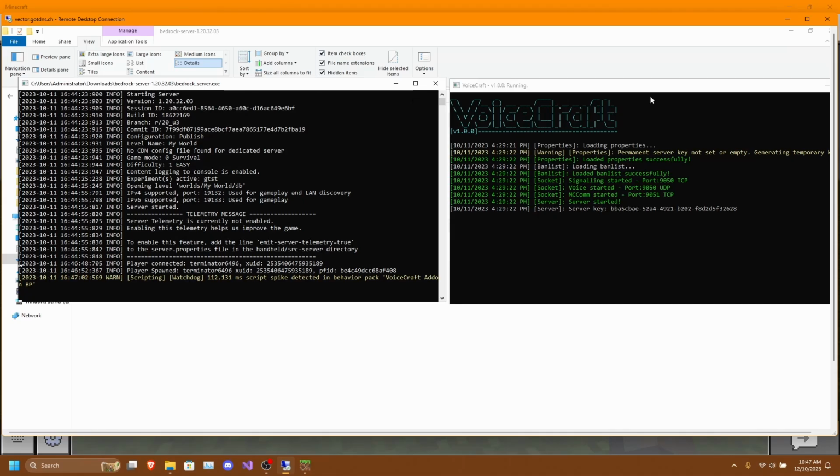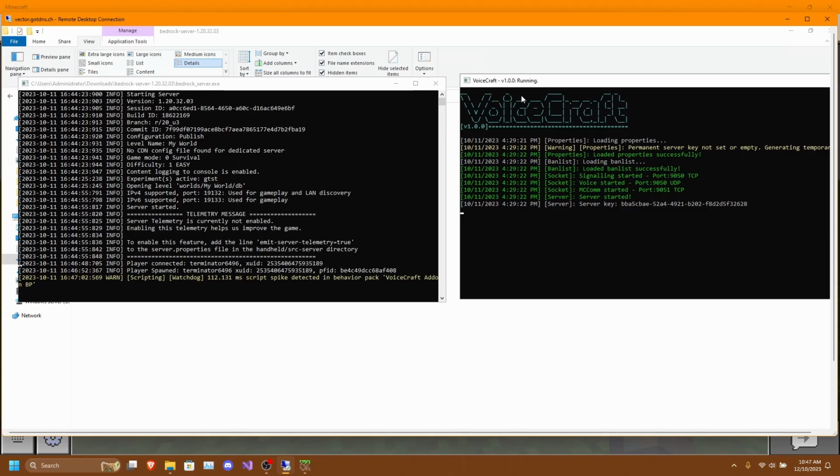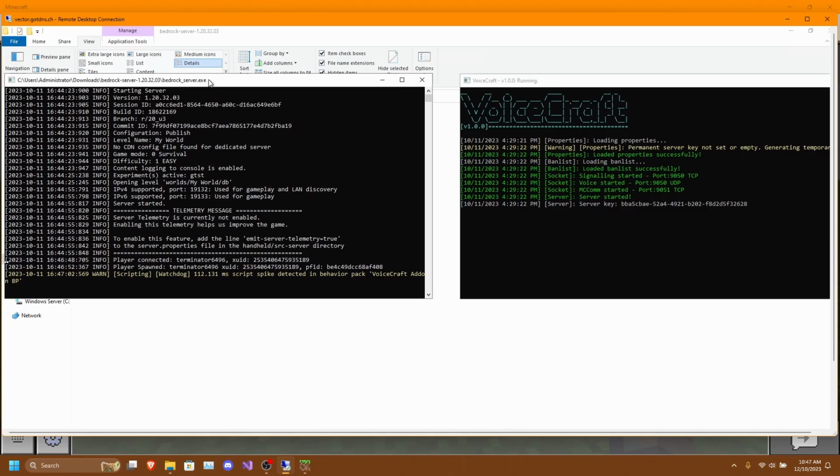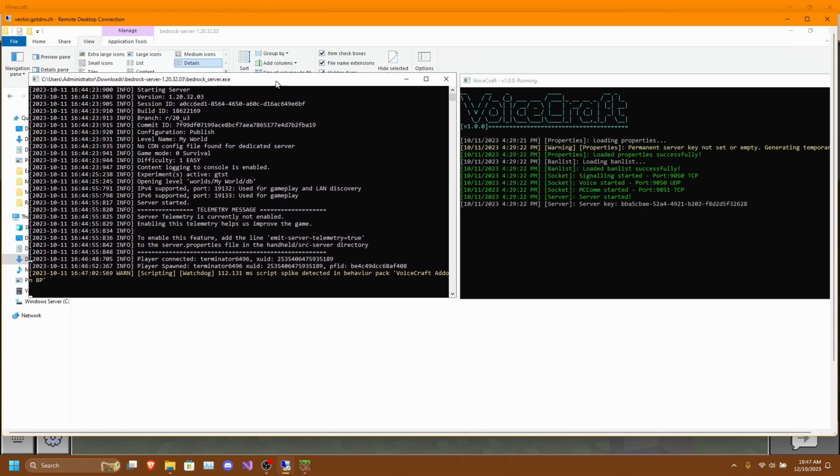If the Voicecraft server was running on a different server, we would need to input the IP of the machine that the Voicecraft server is running on. But since in our case we are running both on the same server, we just need to put in the loopback IP address, which again is 127.0.0.1.